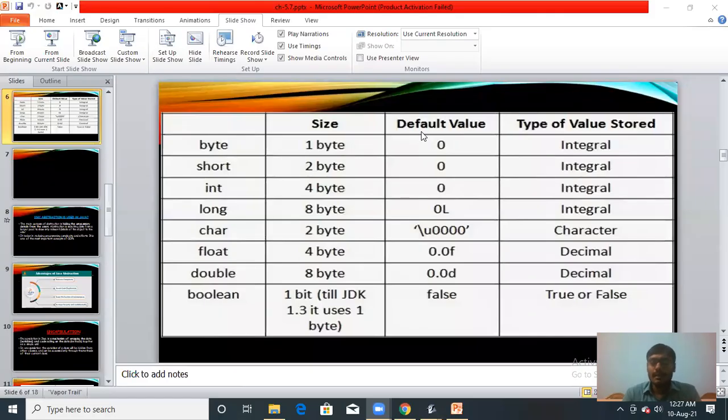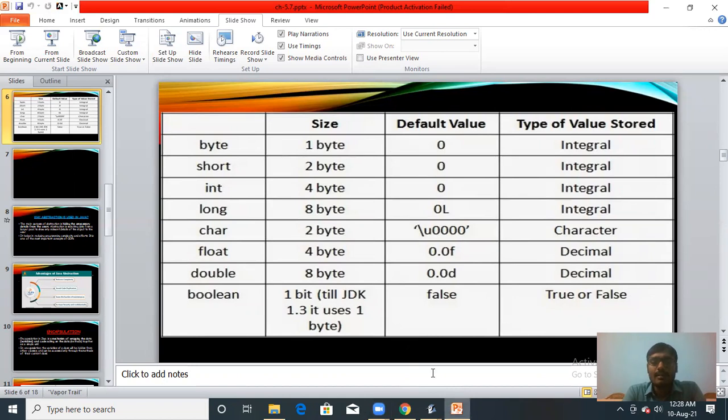You can see on page number 58, your data types are given in your book, and for byte it is written what the range of the byte is, from -128 to +127. So these numbers can be stored in the byte data type. If you are taking the short data type, its range is given in your book as -32,768 to 32,767. So this value can be stored in the short data type.